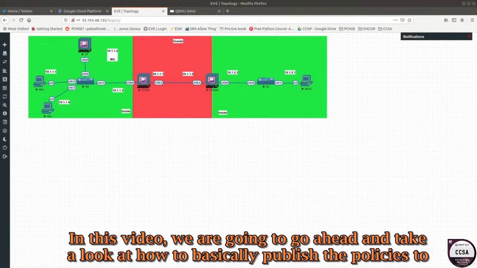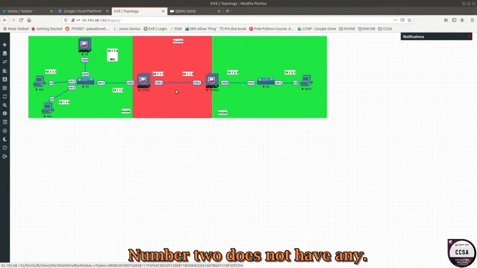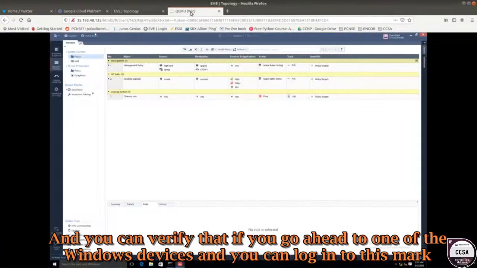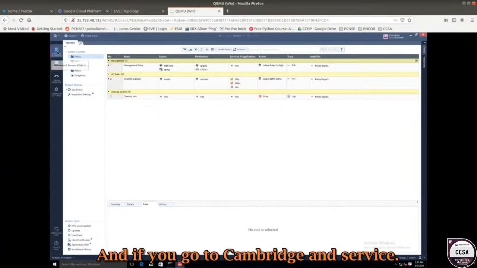In this video, we are going to take a look at how to publish the policies to both firewalls. At this time, we are only publishing the policies to gateway number 1. Gateway number 2 does not have any, and you can verify that if you go to one of the Windows devices and log into the Smart Console. If you go to gateways and servers,